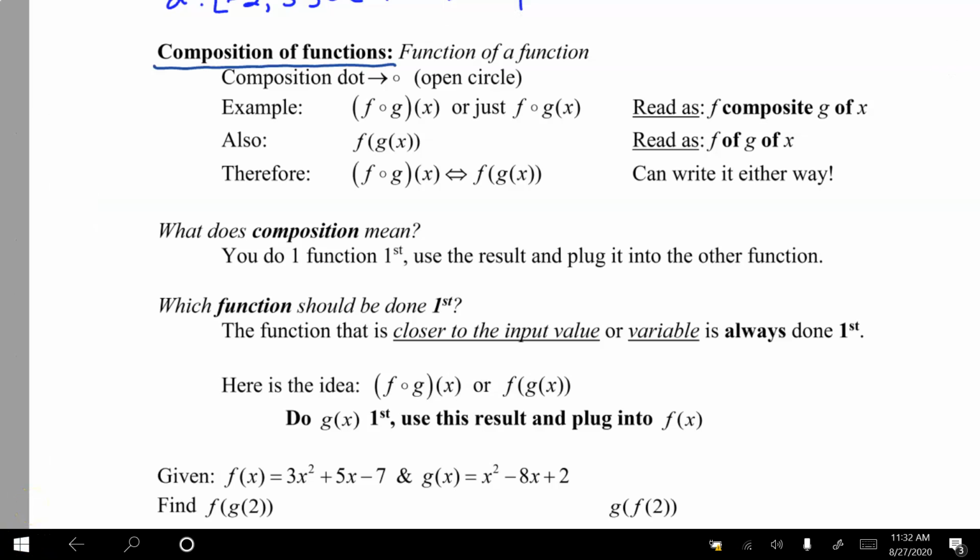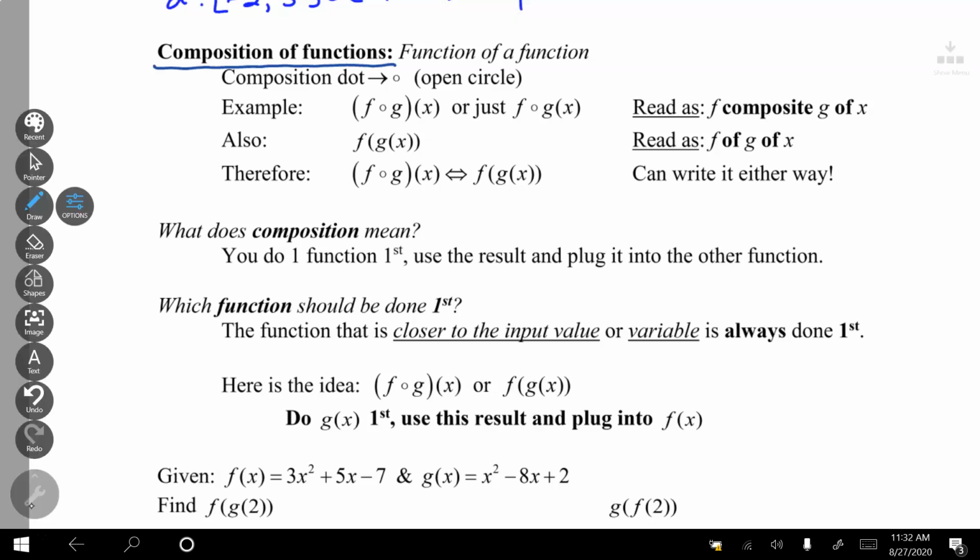I can't control that. So coming back to the video, composition is a function inside of a function. Sometimes we use that open circle composition dot, and sometimes we just use the parentheses. We read it as f of g of x, or f composite g of x. The idea is that which one do you do first? You always do the one closer to the input first. So for this example on the bottom,